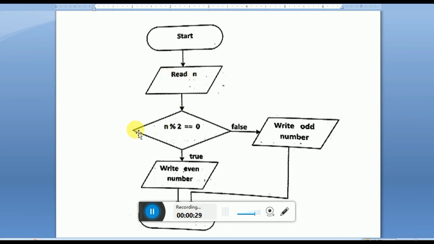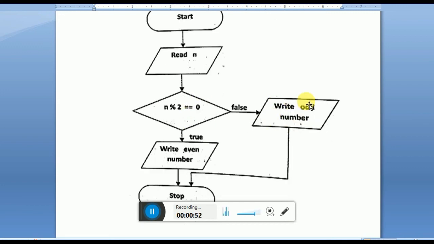Now this is the decision box. Here is the main logic of the program, n % 2 equal to 0. This statement will check whether the number is divisible by 2, and whether it gives the remainder as 0. If it does not give the remainder as 0, then the program will print that it is an odd number.